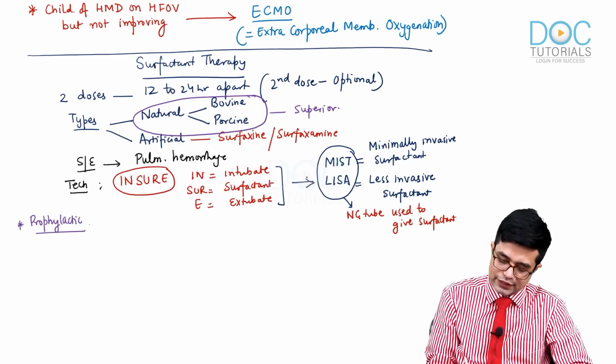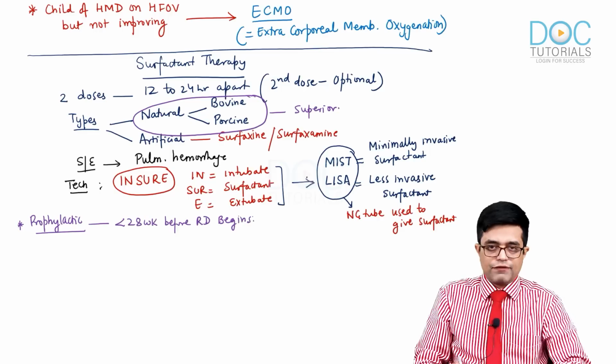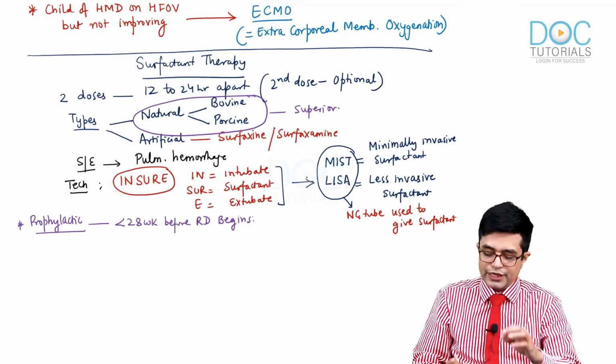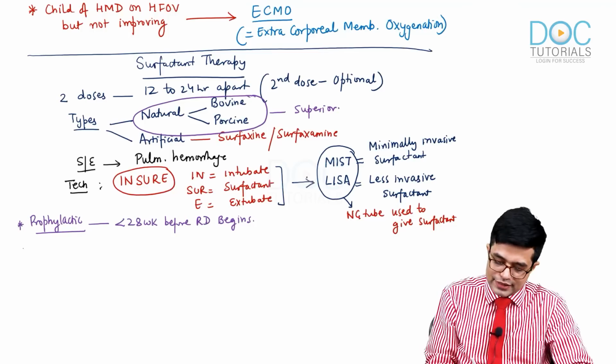Prophylactic surfactant is given in children less than 28 weeks before distress begins. We know that these children are going to develop HMD, since surfactant is not there in sufficient amount. So we give prophylactic, that is known as prophylactic surfactant. And the second thing is